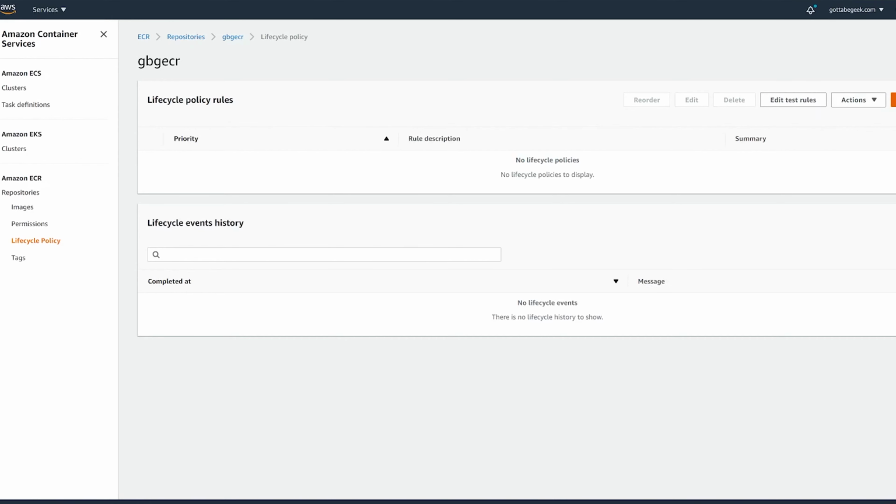Azure has 3 different tiers: their basic, standard, and premium tiers. Those tiers have different amounts of storage that all cost a different amount per day. And then at the premium tier is when you actually finally get to take advantage of the retention policy management that Azure offers. Now, the real big win here that I think AWS takes is that their retention policy management is offered in just their full package.